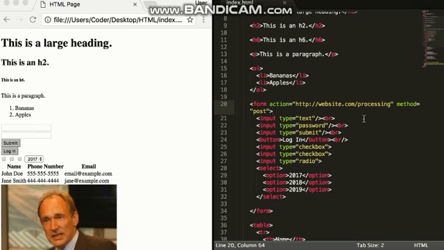Now, a lot of times when you are submitting data to a server, you often want to include an attribute in each of the fields called the name attribute. Okay, so we add another attribute there and we set it to name, and you name the type of value that's going in here. So let's say we were collecting the first name of a customer here. We'd want to name this properly for the server like that, so that the machine that this is being sent to can figure out what